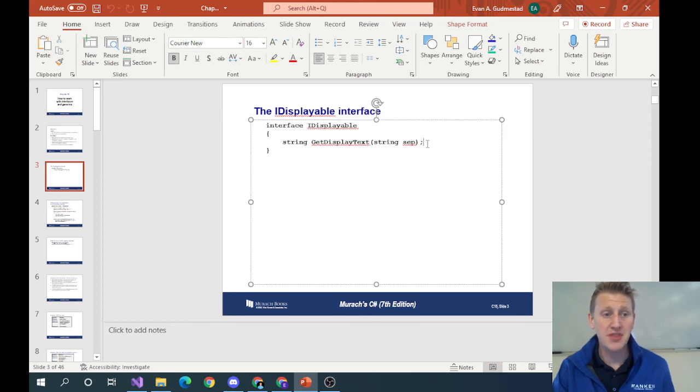But there is no method body. Like if you look after the parentheses here, you just got a semicolon. So it's an abstract method. All right. So the interface at this point,